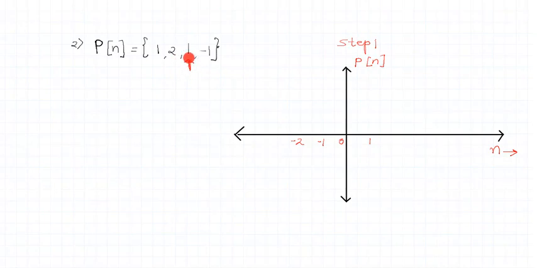This arrow is part of the given problem, friends. This arrow is part of the given problem. Then what is the importance of this arrow? What does this arrow indicate?